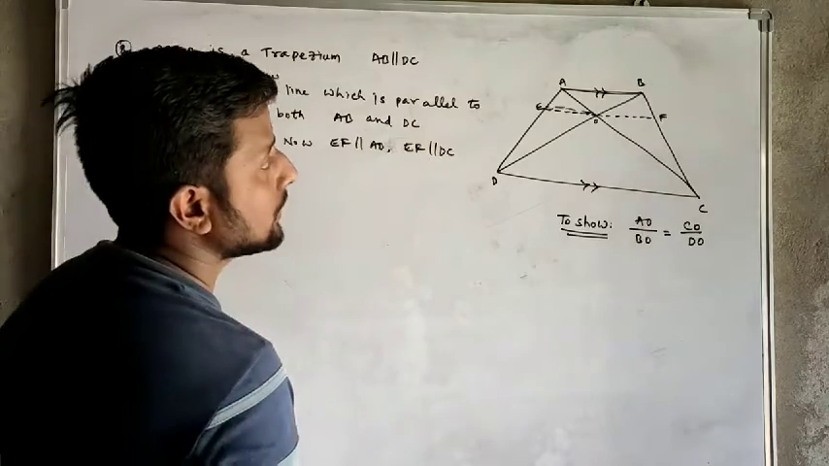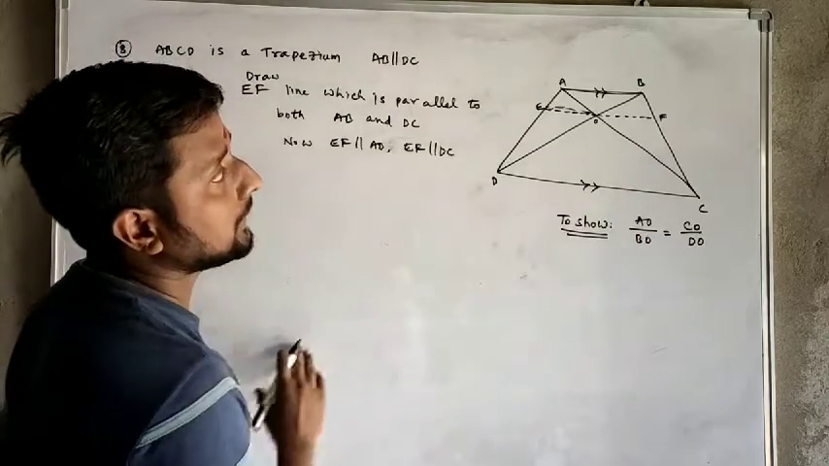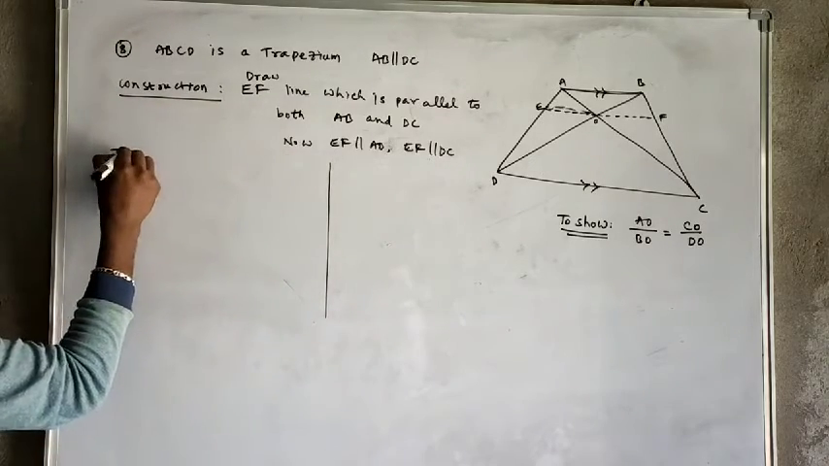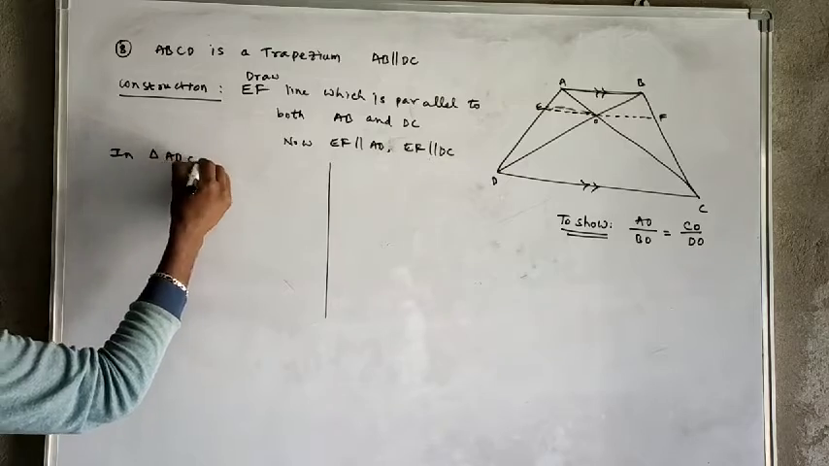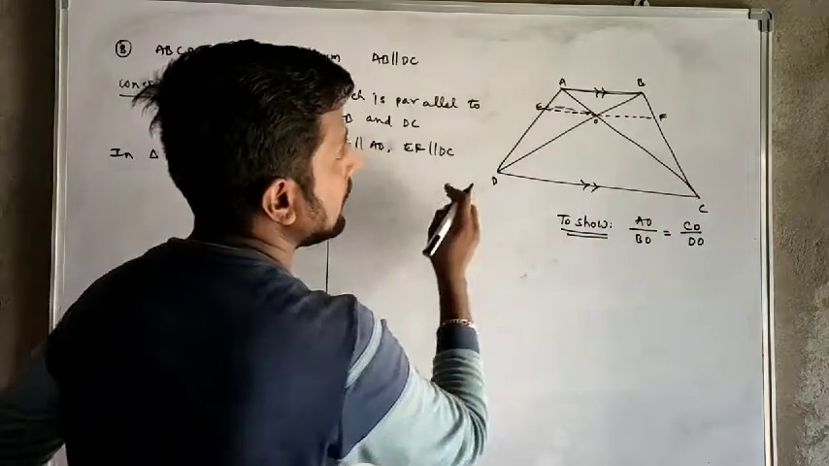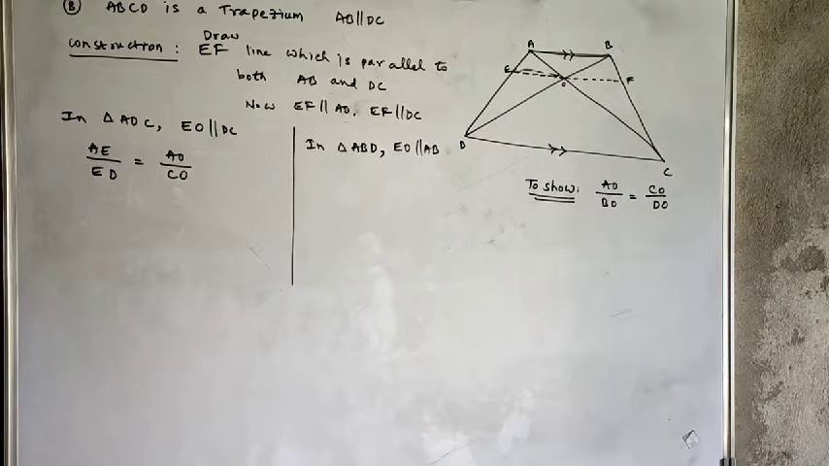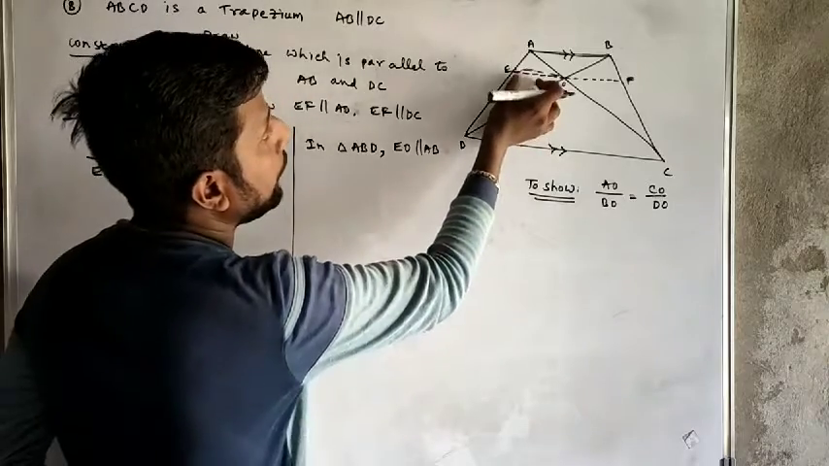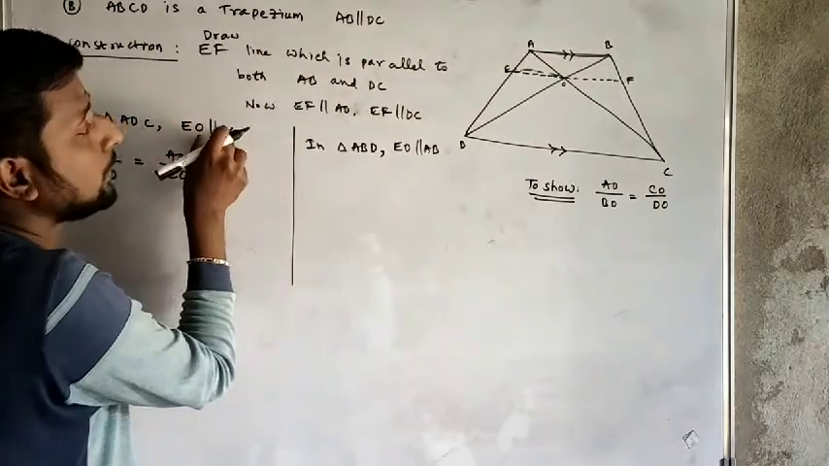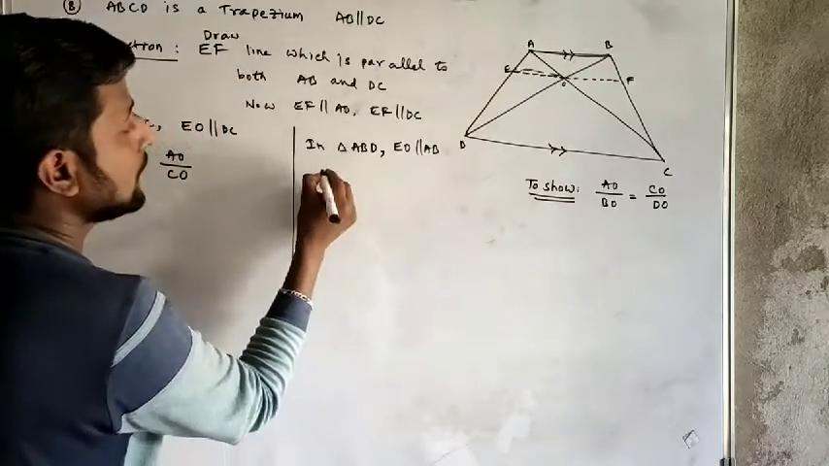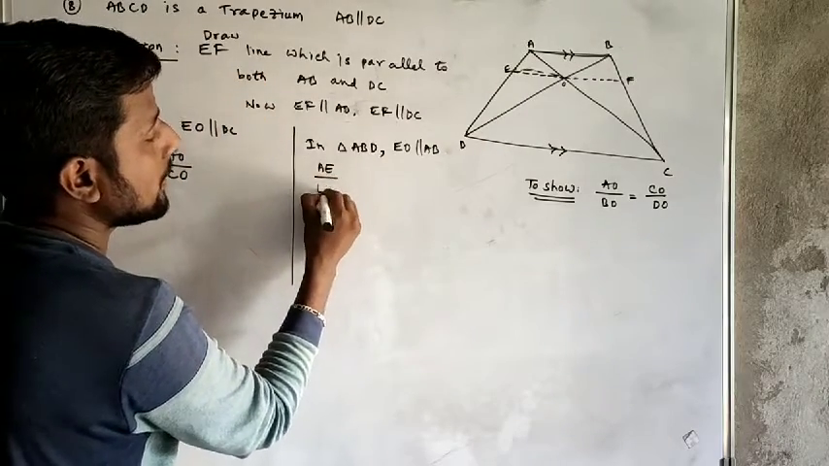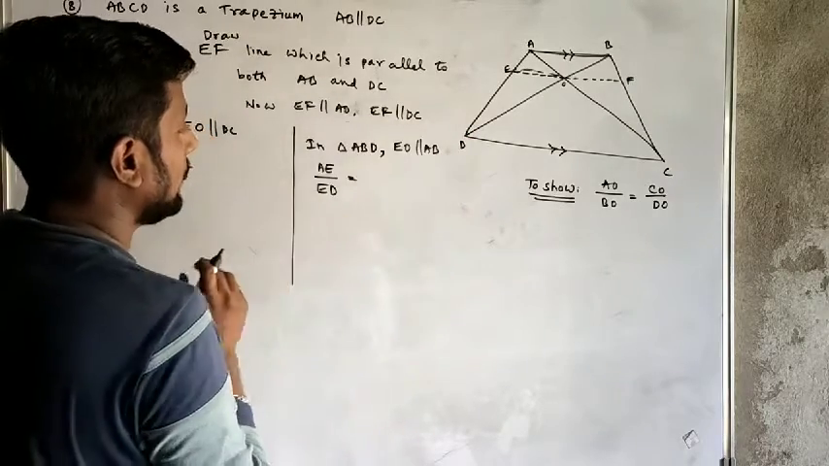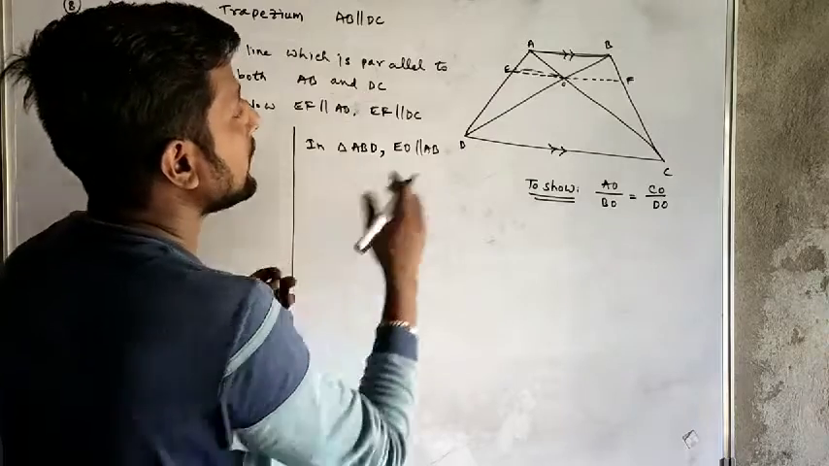Right. So now in the trapezium, we can get two triangles. One is triangle ADC, the first triangle. And one more, so look at triangle ABD. In triangle ABD, look, AO is now parallel to AB. First it's parallel to DC, now it's parallel to AB. Am I right? So now we'll write AE by ED, that is equal to